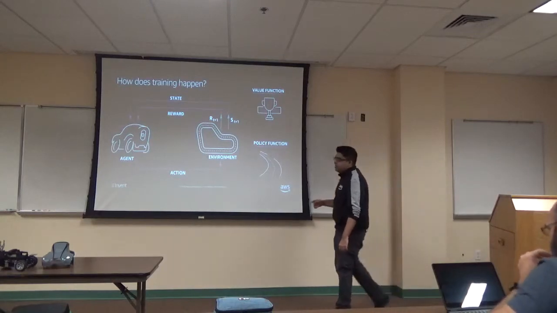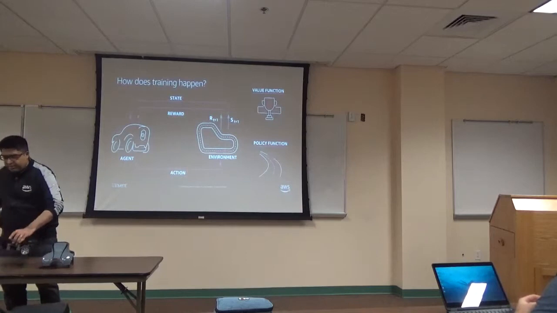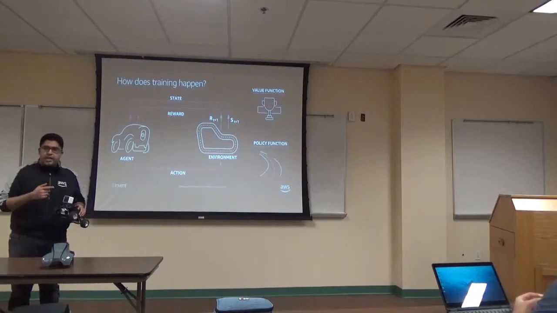The other thing to note is for the DeepRacer, when it's actually checking its state, it takes a photo 10 times a second, and every single time it takes a photo, that's when it checks how am I doing, what's the state, what's the reward function, and that's how it works.